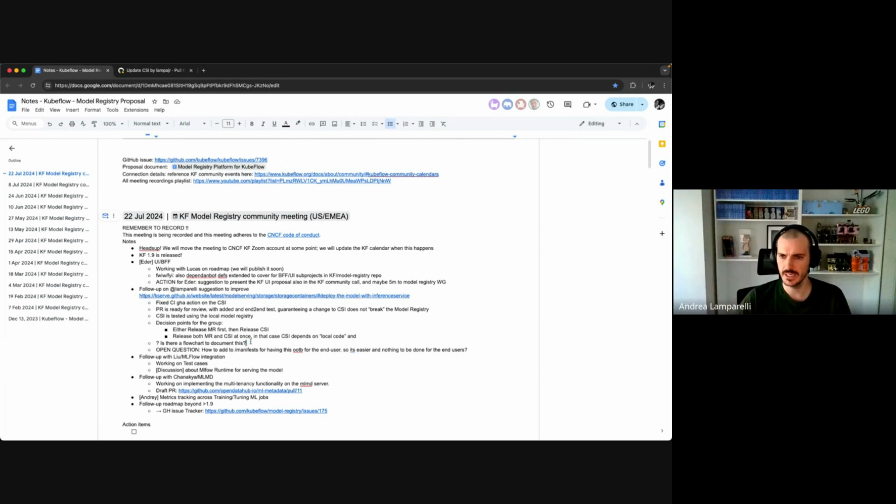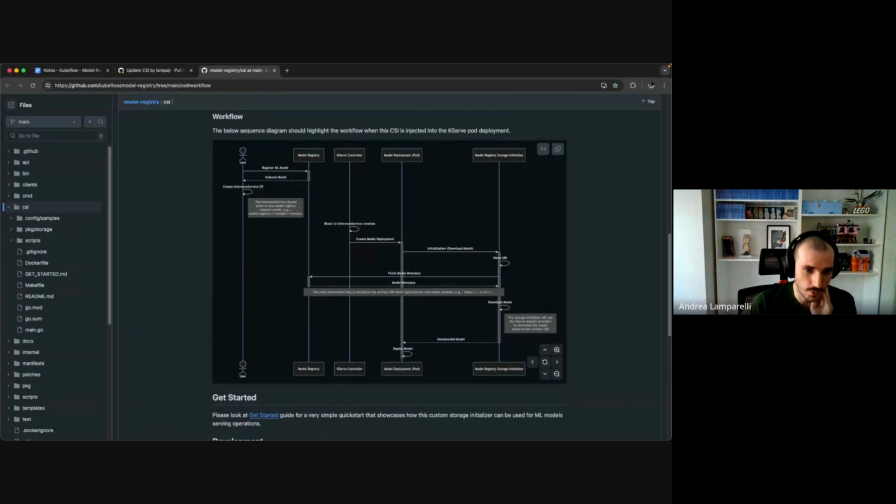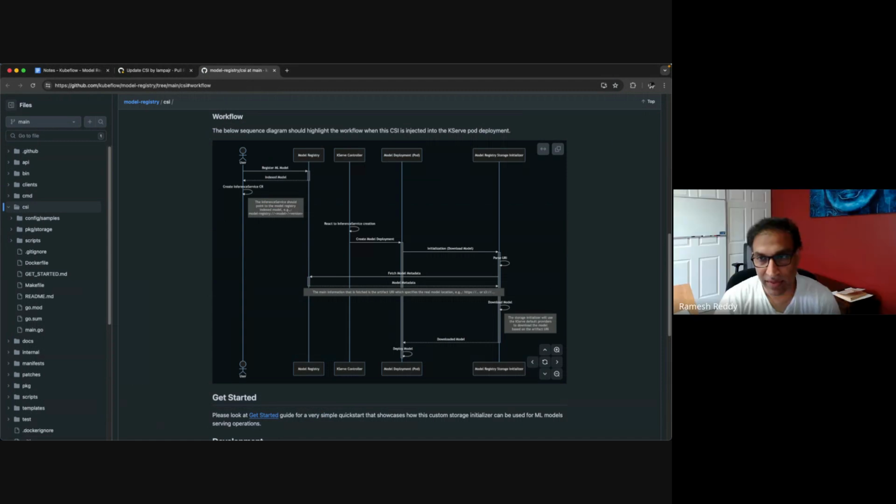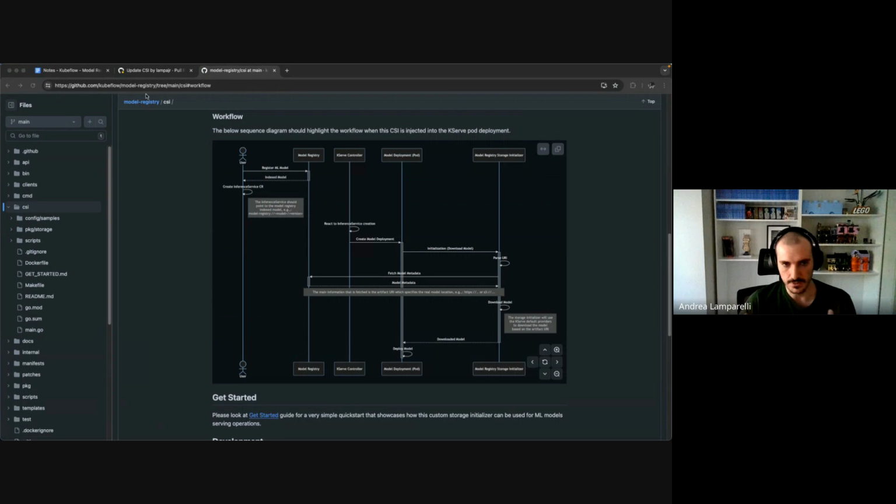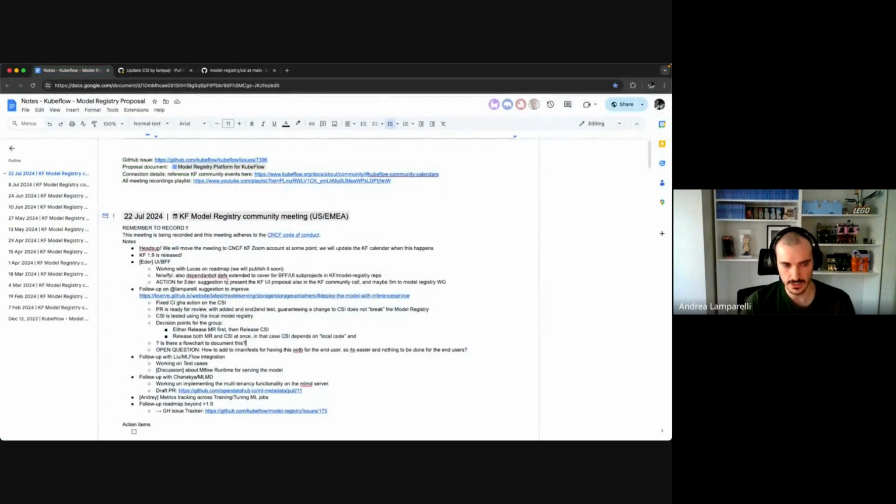By the way, coming back to the first question, Ramesh, there is this workflow already in the CSI folder. I don't know if that's exactly what you were looking for. Oh, yeah, that's definitely helpful. I have not seen this one. Thank you for this. Yeah, this is somehow a sequence diagram that explains how the storage initializer works.